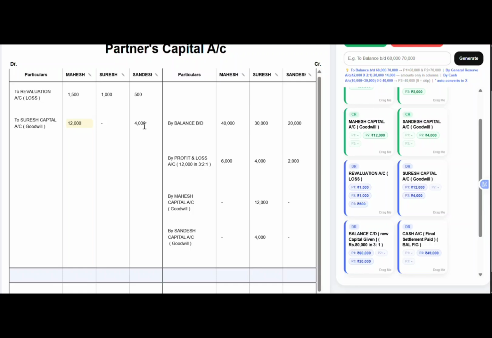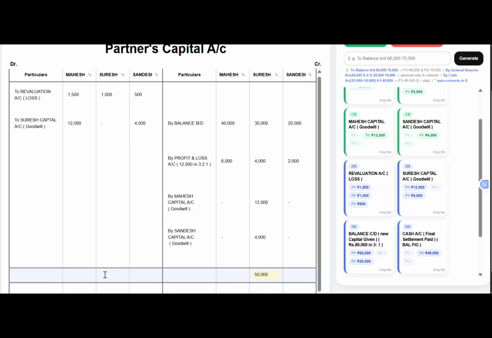Next is, now we are going to see how the retiring partner is to be settled. As per the adjustment given here, the retiring partner is to be paid immediately. So we are going to first balance the retiring partner's capital account. So the credit side total of the retiring partner is 50,000. That is the highest total,